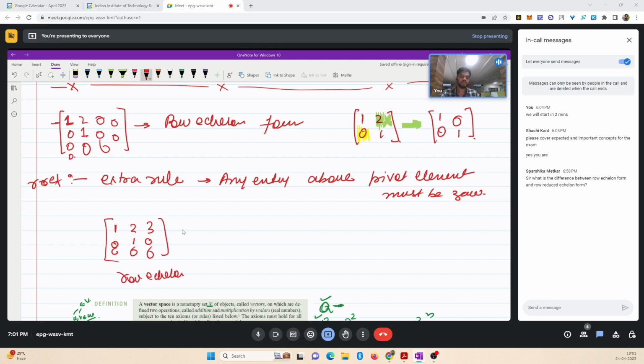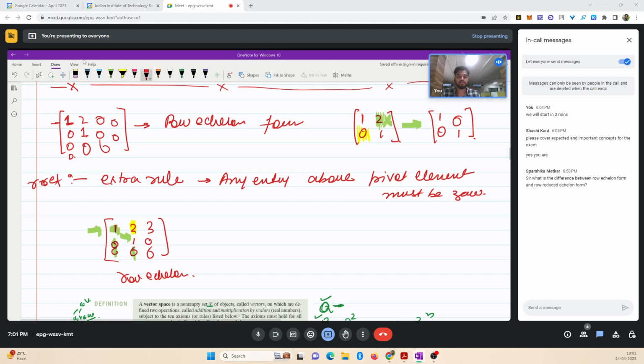If you see, it satisfies all the properties: your pivot elements, anything below the pivot element is 0. And if you have a pivot element in a lower row, that should be towards the right of the pivot element of the earlier row. That is true over here. But it is not satisfying one property, that anything above the pivot element also must be 0. So if we